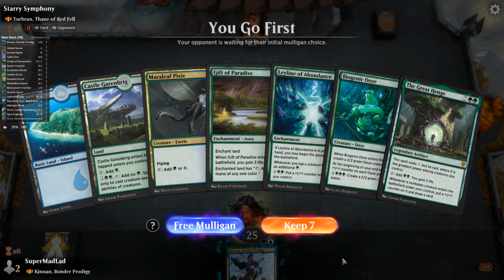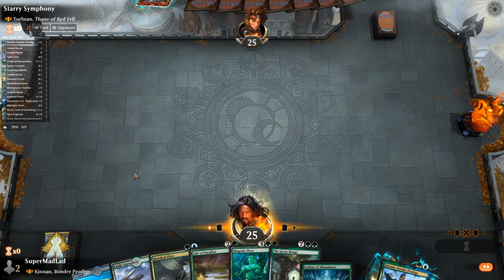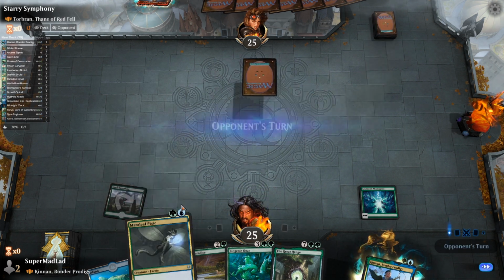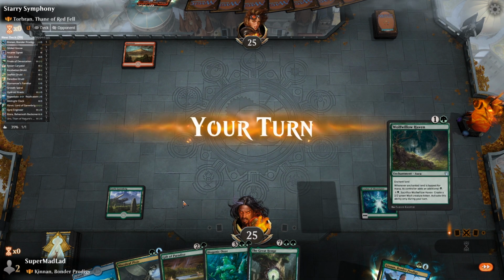Alright, we're up against You're Not Allowed to Have Fun.deck. And we're going to keep this one, because it's got Leyline of Abundance in it, and I like a Leyline. So we're going to lead off with Garenbrig into Maraleaf Pixie, see what we do. Our opponent's going to have to remove everything we play here, so...